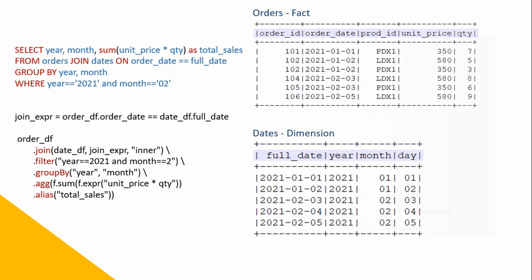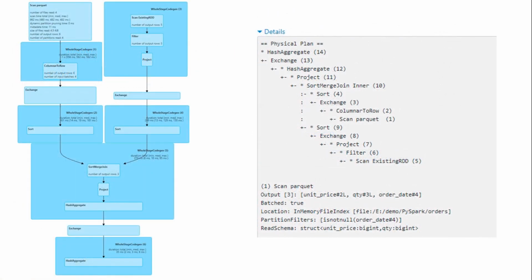I tried and I got the following execution plan. This is a typical sort merge join execution plan. I am reading the Parquet files and also reading the other dataset. Both are going for a shuffle operation and hence you can see these two exchanges. Finally, Spark will sort, then merge and finally aggregate it.